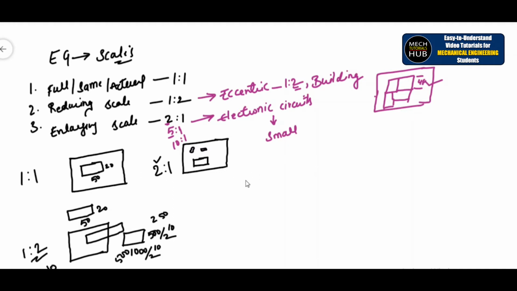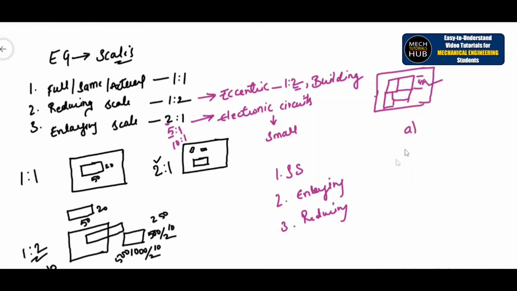All right, so this is a simple explanation just to make you understand the basics of why we actually do it. Okay, now coming to the first one, same scale or a full scale. Number 2 is enlarging scale. Number 3, reducing scale. Okay, whenever we talk about these scalings, one thing comes into the picture. If you want to draw any of the scales, we need to